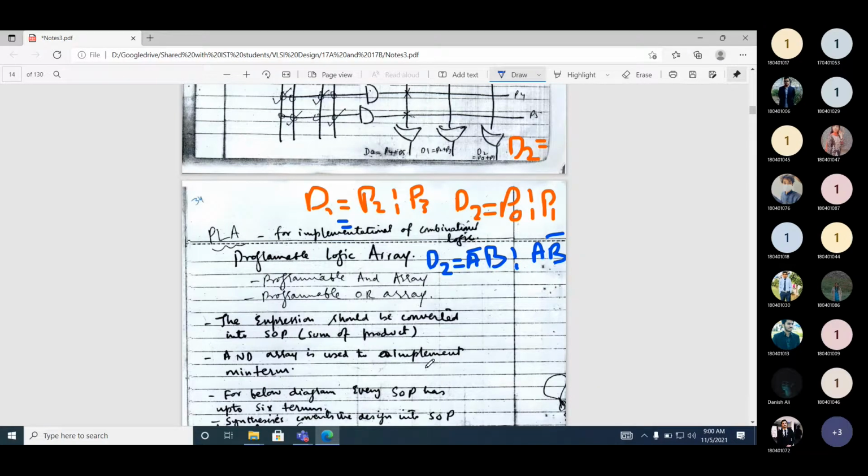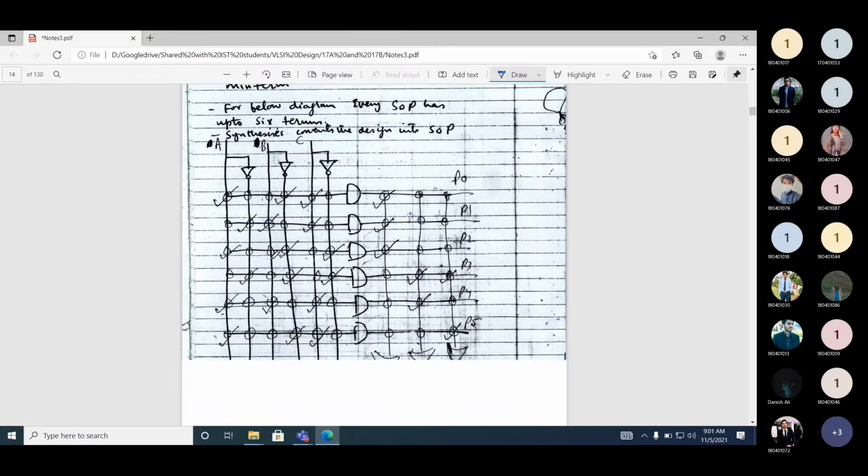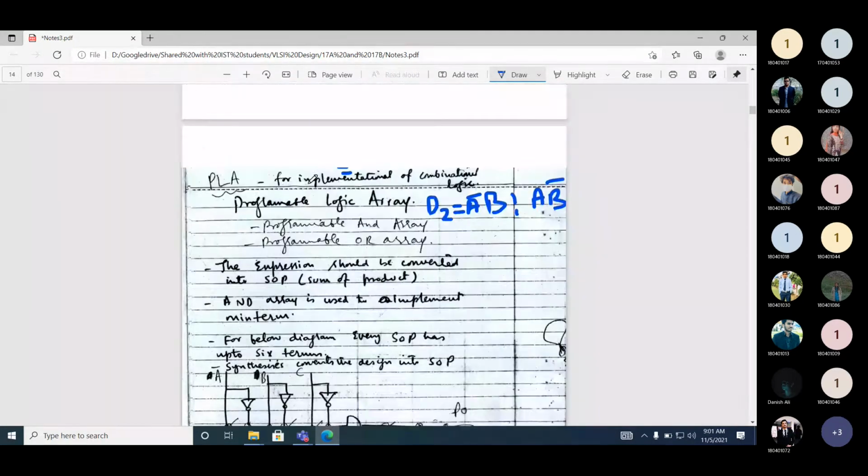Okay, now we move to another device, because now we are moving from simple devices to more complex devices. In a programmable logic array, first we have the programmable read-only memory, PROM: fixed AND array, programmable OR array. Then we have PAL, programmable array logic: fixed OR array, programmable AND array. Now we have the programmable logic array, where both are programmable. So we have a programmable AND array and also a programmable OR array. Now this is the structure of a PLA.